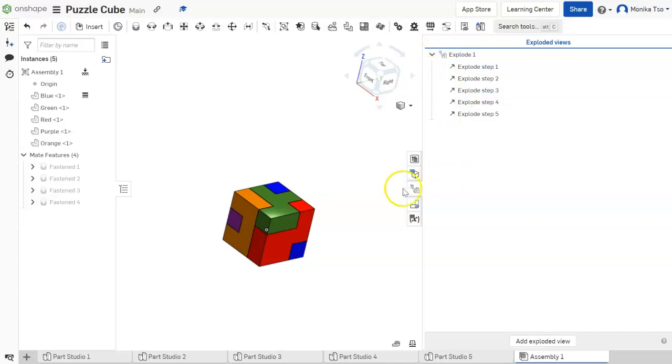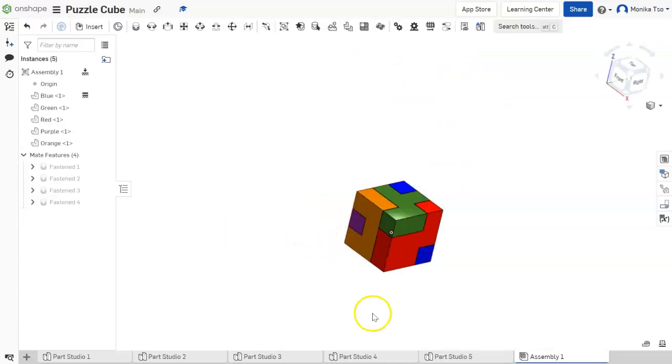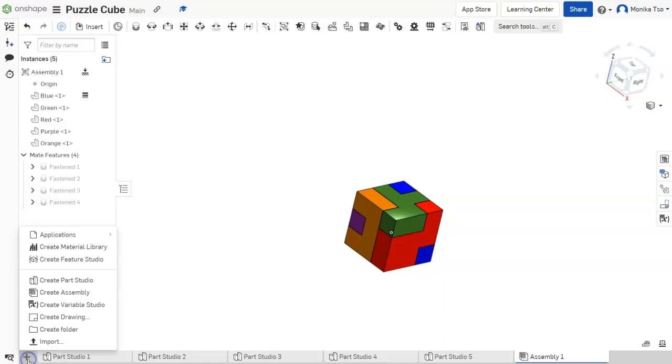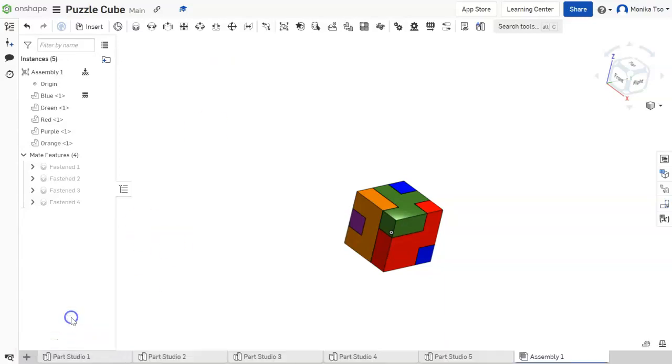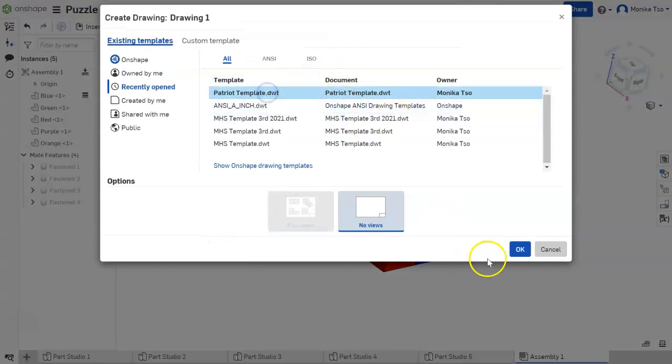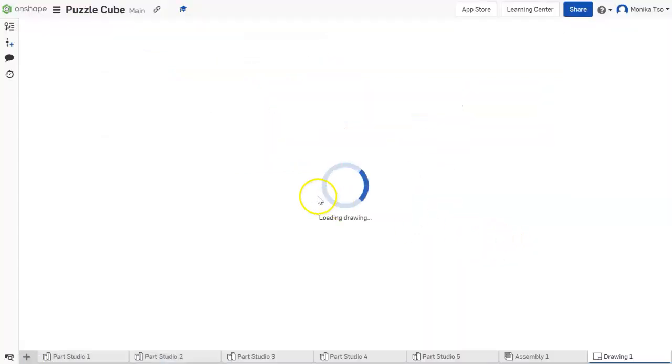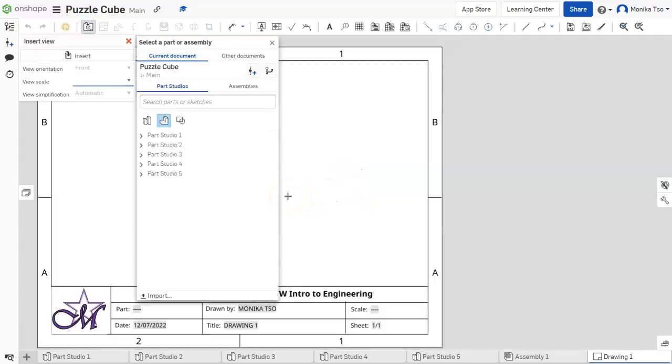Alright, it's all there. I'm going to go ahead and create a new drawing now. So I hit that plus sign in the bottom left corner, and we're going to hit create drawing. Choose the template that you want to use. I'm using my Patriot template. This is going to bring up my drawing paper, and I'm going to insert not a part studio. I have these 5 parts, but I want to insert the assembly. So I'm going to click over here on assemblies, and you'll see assembly 1 pop up, which should be my